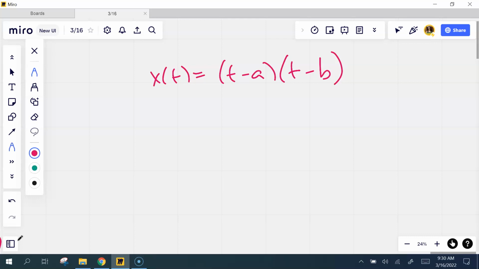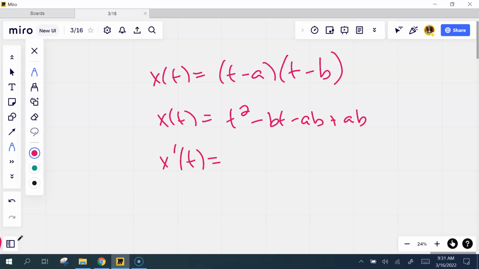Well, at rest means what? Velocity equals 0. So if I want to find velocity, I actually FOILed this out because I found it easier: t squared minus bt minus at plus ab. And I want to know the derivative of this. Remember, it's the derivative with respect to t, so everything else is just a value. So the derivative, which is velocity,